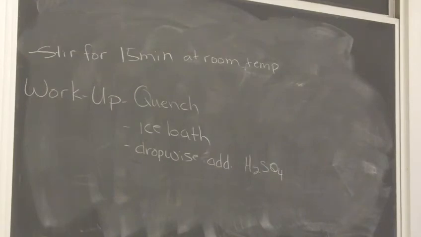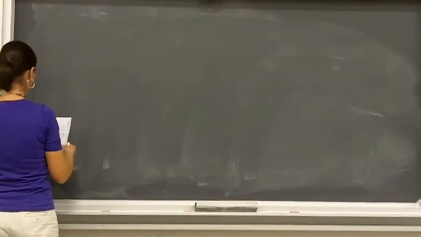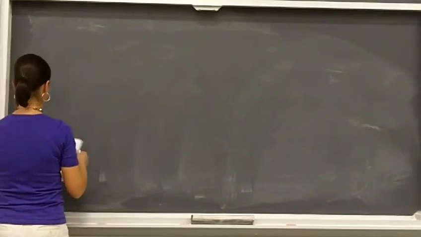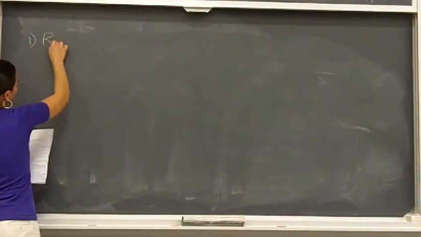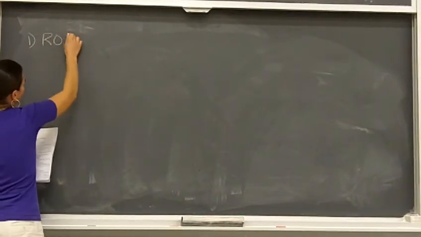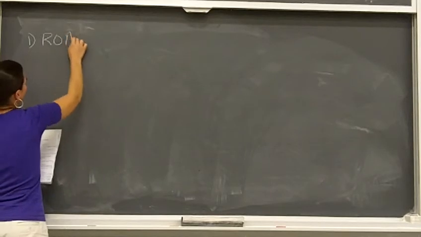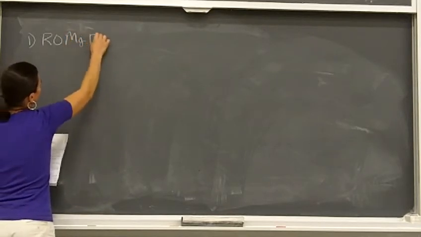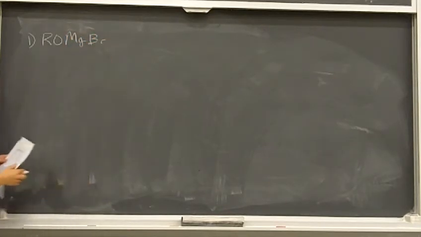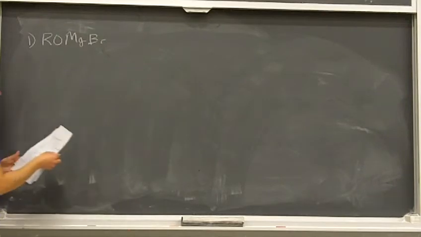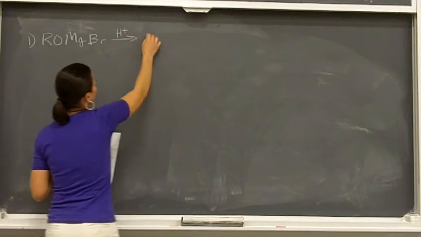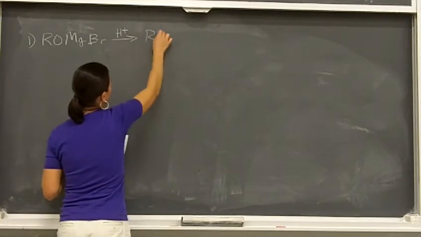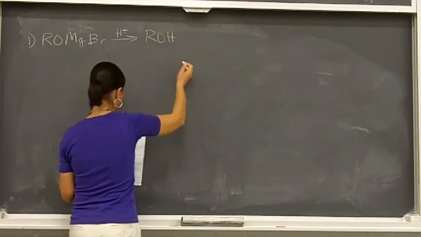So let's look at all the things that are happening with that quench. First of all, we are quenching our reaction. We formed our intermediate from the Grignard reaction, and now we're going to add acid to it, and we are going to get the alcohol that we want,